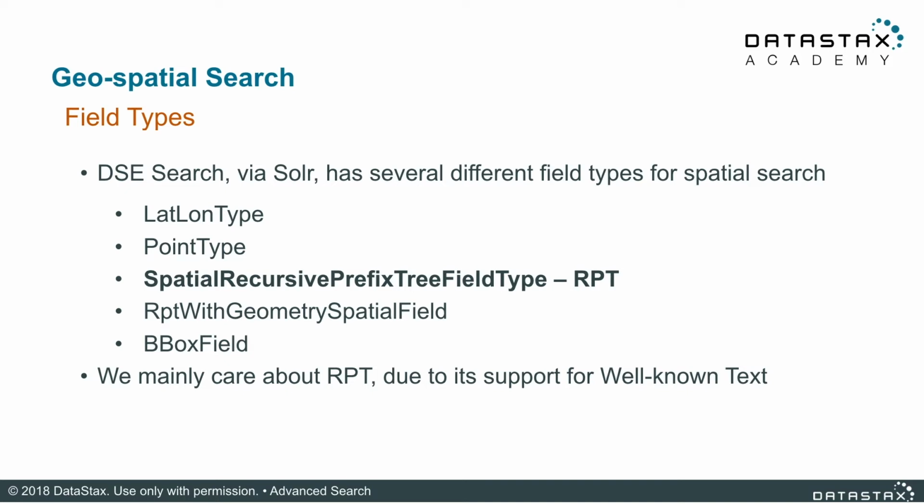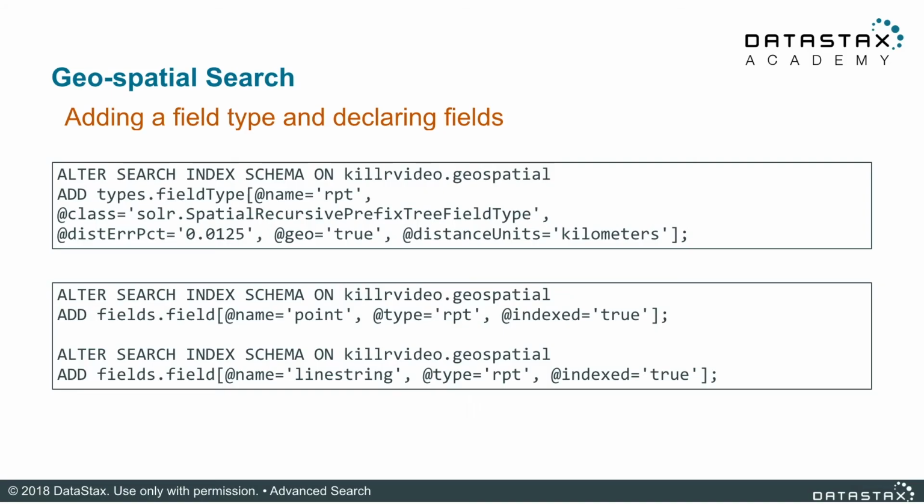If you're already somewhat familiar with geospatial search in Solr, you might notice that other popular field types, such as lat-long point spatial field type, is not on the list here. This is because these field types actually exist in newer versions of Solr that did not make it into the current integration with DataStax Enterprise 6. Now, since we know the field type to use, we can add that to the search index schema as shown